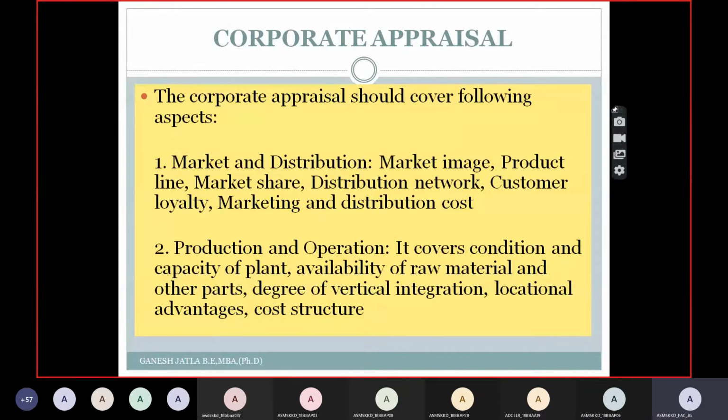So what is your ability to produce, how many units you can produce in the market when compared to other firms, and what is the storage capacity of your firm to store the raw materials and other important items, and the degree of vertical integration, how you can integrate the particular firm's vertical line. And next, locational advantages, that is proximity to markets. As you have studied in operations management, one of the factors influencing the plant location is the locational advantage.